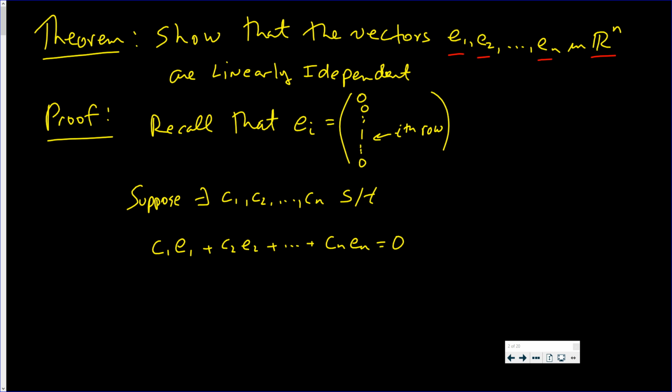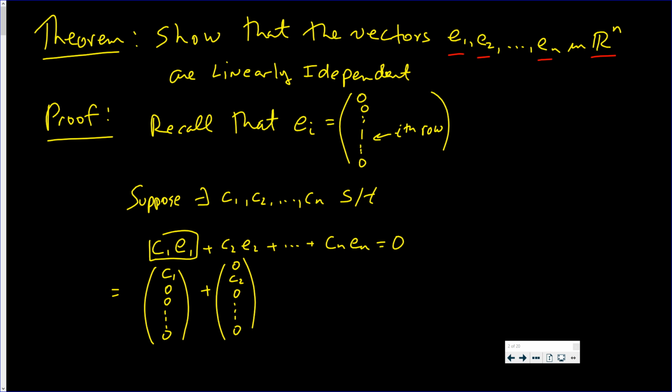Well, remember, this is just C1, and the rest are zeros, plus C2 E2, which is 0 followed by C2, and then the rest are 0, all the way down to Cn En. It's all zeros except the last entry is Cn,